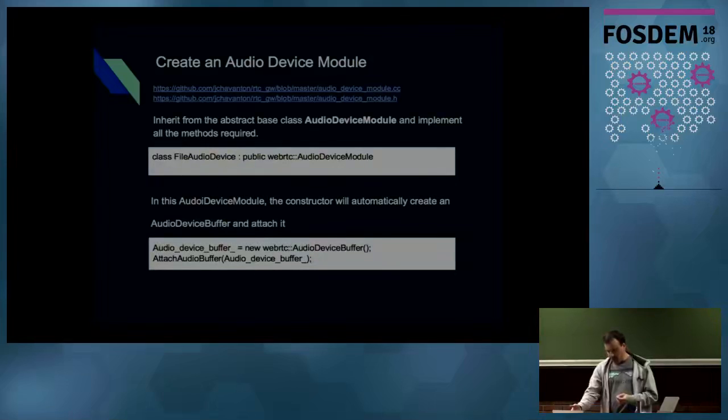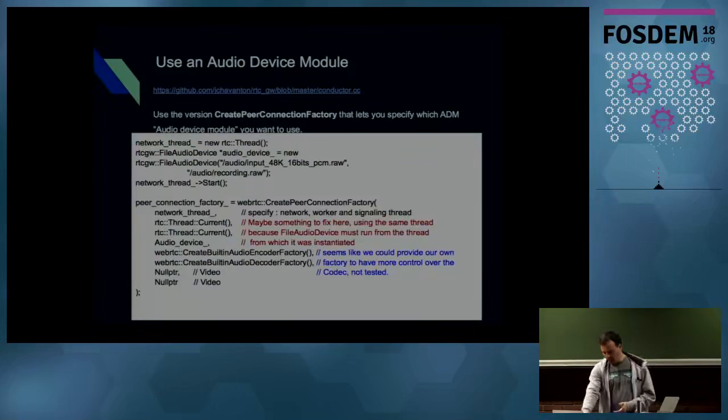All my code is shared, and it can be built without forking WebRTC. This is how you create an audio device module by using their abstract base class, and then you need to add your audio buffer yourself because you can't use the implementation. You have to provide the audio device. Here you can see in this constructor, we can specify the audio device. So your audio device has to be fully operational at this point, which is why you need to create the audio device buffer before.